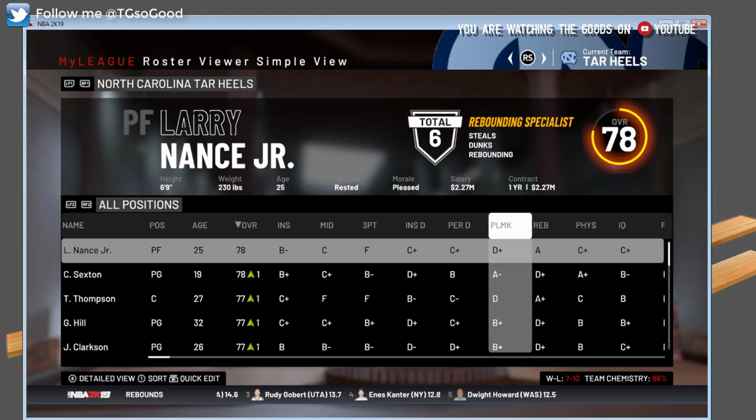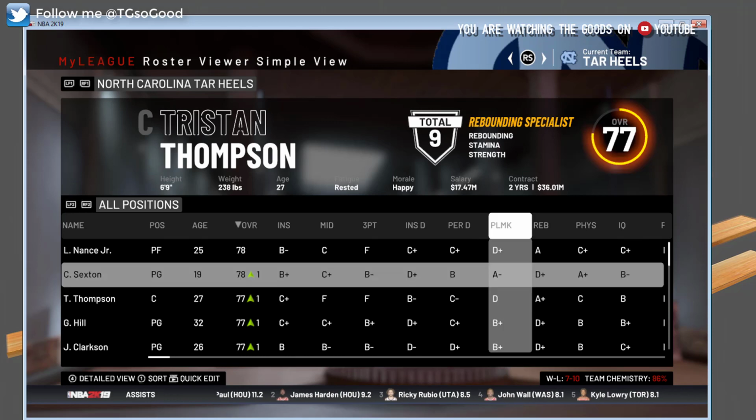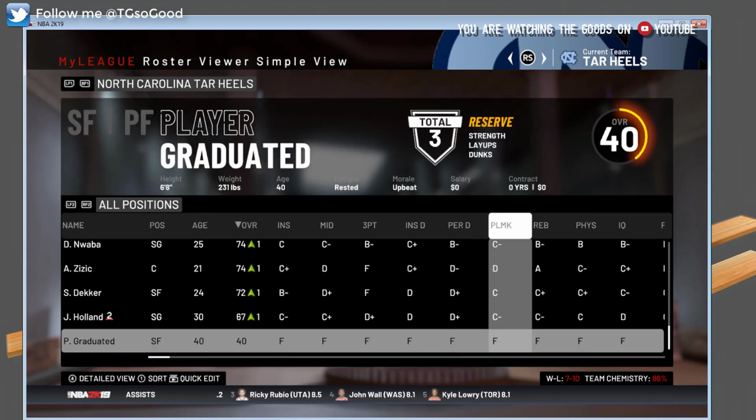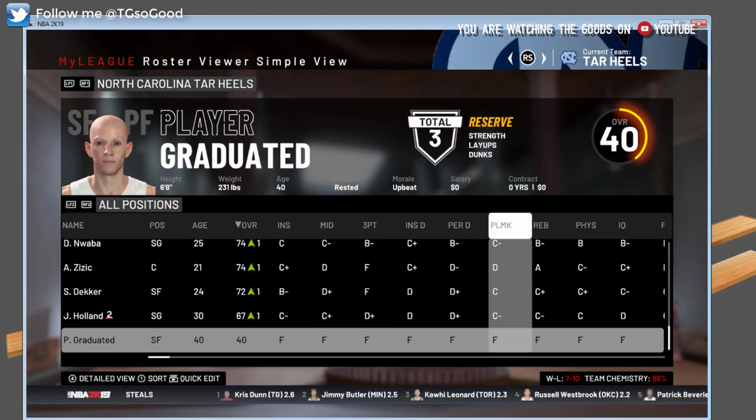And as you can see, Kevin Love has disappeared from up here. Let's see where he is. So he's all the way down here. The player's name is Player Graduated. His overall is a 40. And also the cool thing about it is if you look at that contract,